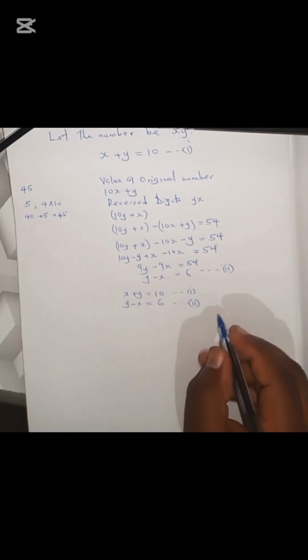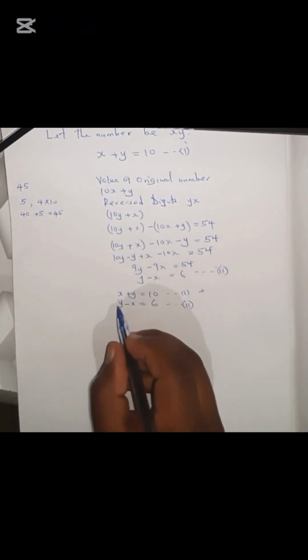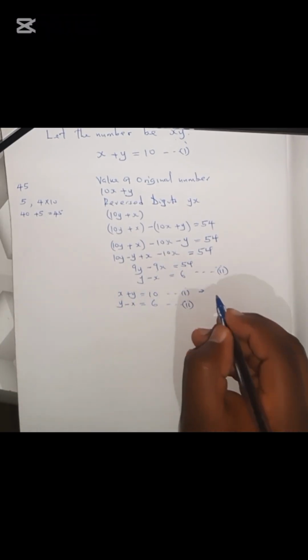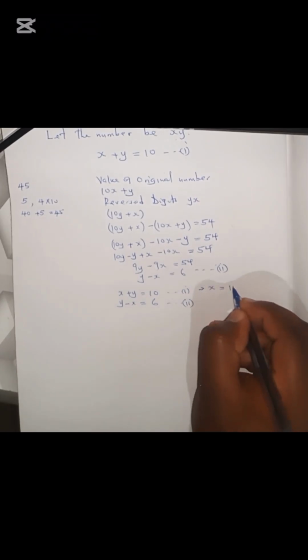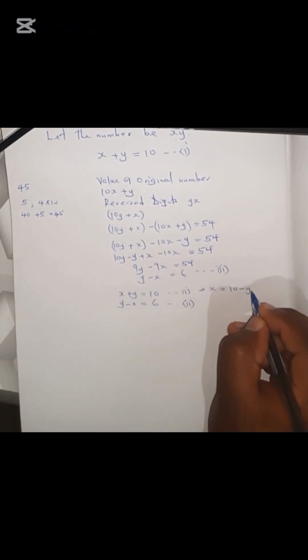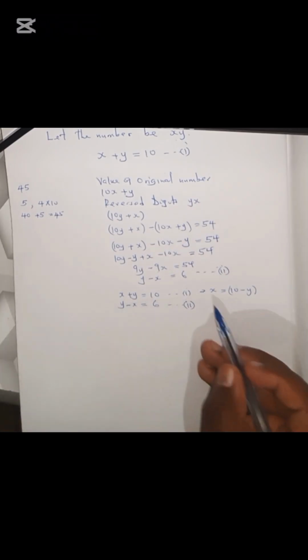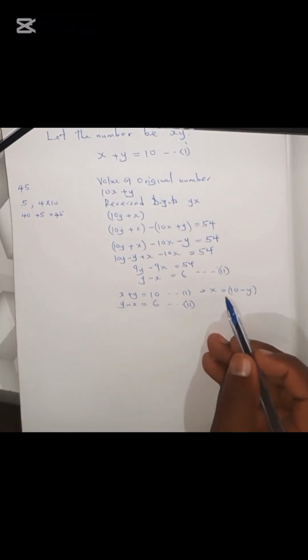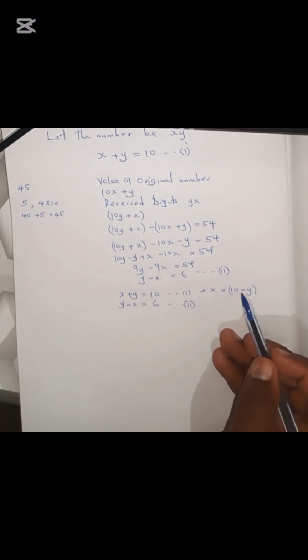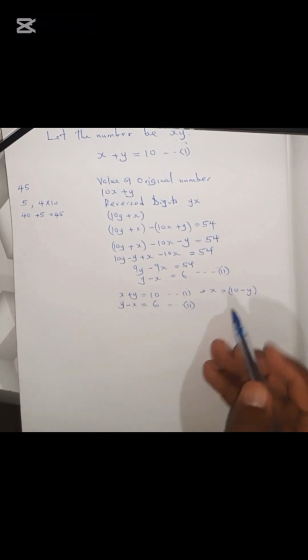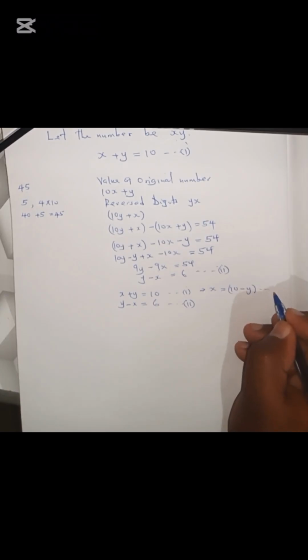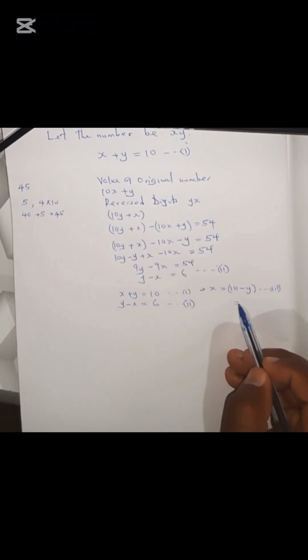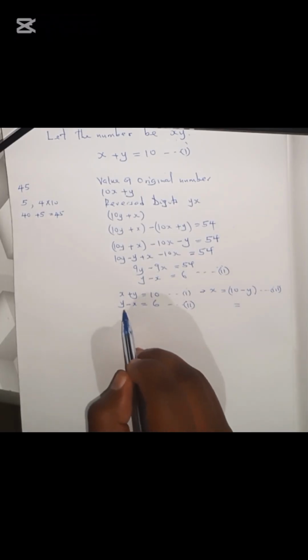So if you pick the first equation here, the first equation 1, then we make x the subject of the formula, then we are going to have x equal to 10 minus y. So we've made x the subject of the formula, so x is equal to 10 minus y. So we can treat this one as the third equation. Then we move to the next step, and the next step we are going to say that putting the third equation or equation 3 into equation 2, we have